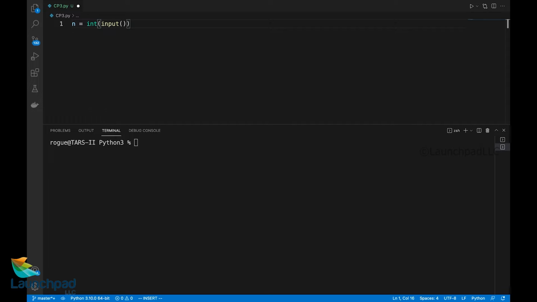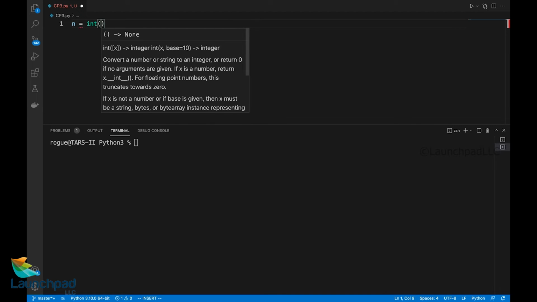Now this int function can be used in two different formats, that is either the string alone, or it can be passed along with something called the base value. Let us deep dive into this and see what this base value stands for.